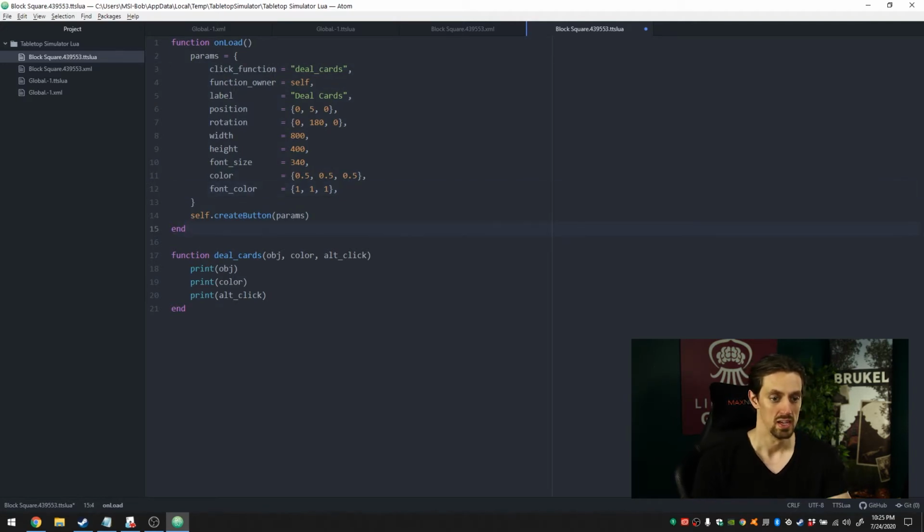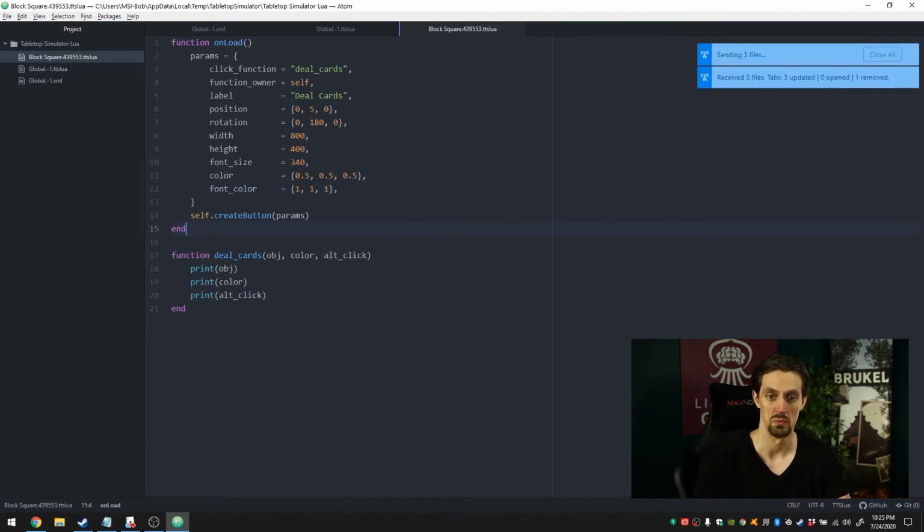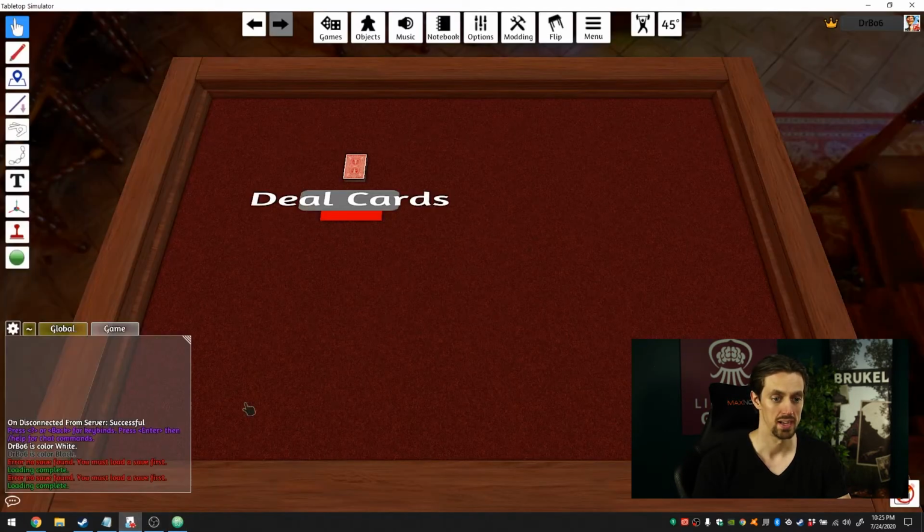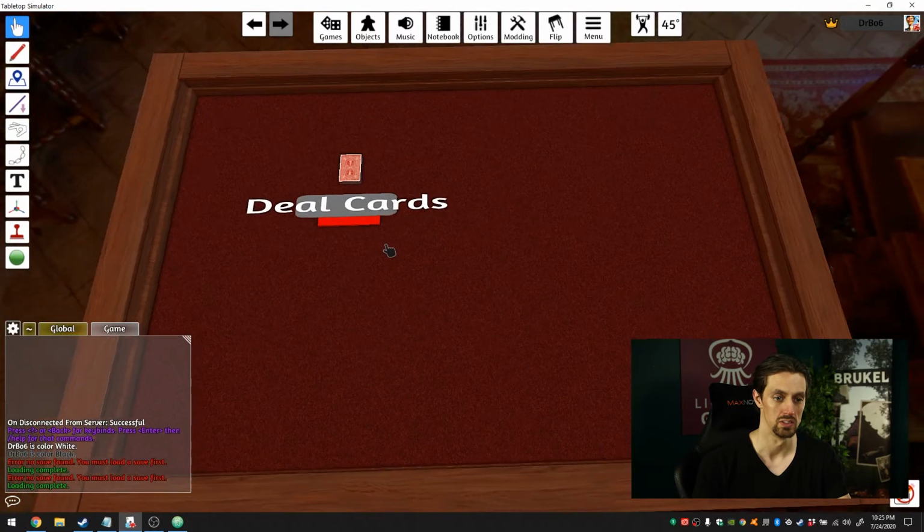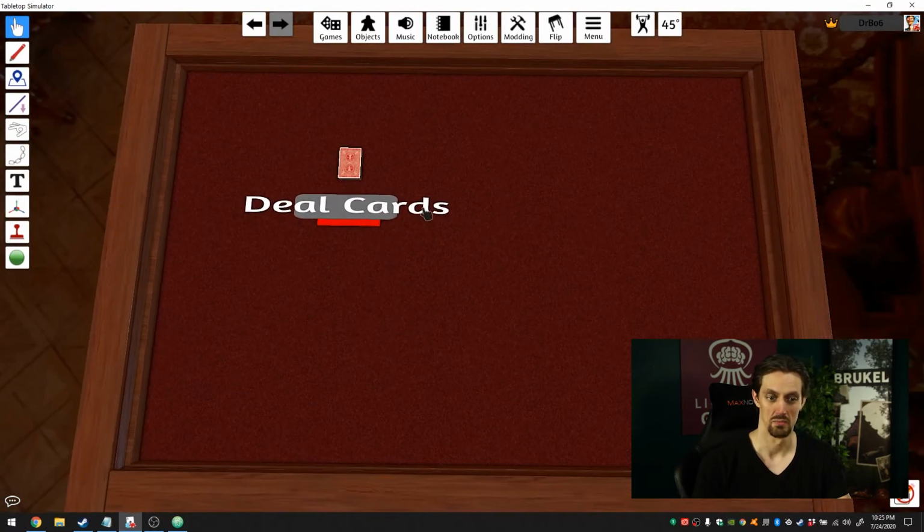Anyways, bear with me. I'm going to press Ctrl, Shift, and S. And maybe we'll get an error, maybe we won't. But it's sending 3 files and it updated all of them. So we're back in Tabletop Simulator and lo and behold, there is some text on my button now, on my rectangle, and if I hover over it, it actually feels like a button because it gets a little darker. And when I click it,